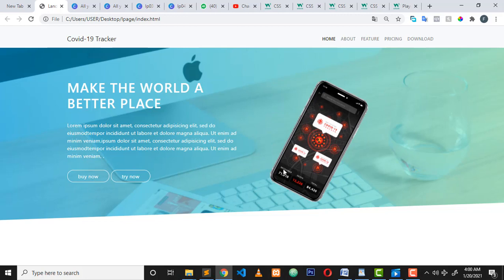So in the next section, we're going to work more on another section. I'm going to work on this phone image. Hope you guys really enjoyed this tutorial. I know it's a bit longer, but I just wanted to ensure that we are all on the same page and understand it much better. Landing page is